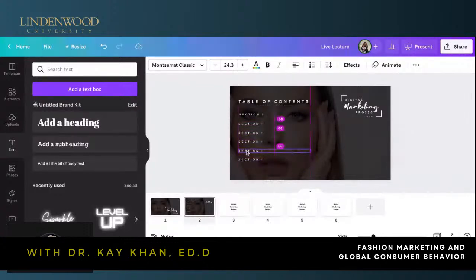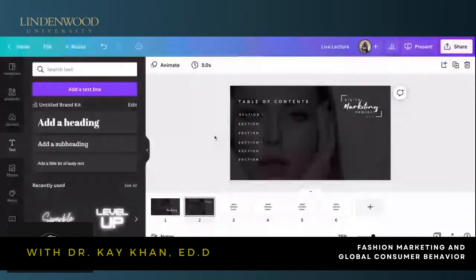So you see those pink lines popping up. That means I'm spacing them properly and I'm good to go. So boom, we have a project for someone working. So now let's do another project.